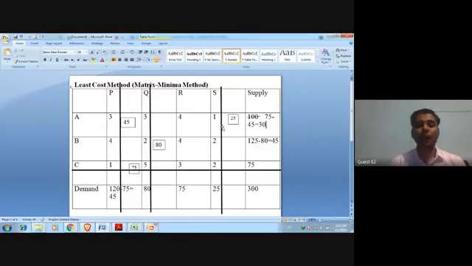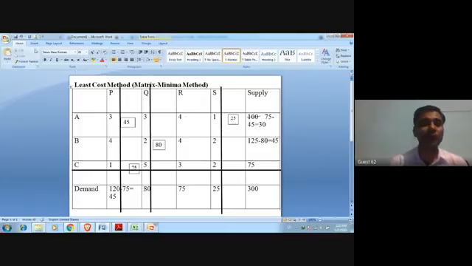Now, let us check how many cells are left now. These two, which have warehouse R, 4 and 4. So in this 4, factory A can supply only 30 units. But the demand for warehouse R is 75 units and factory B can supply only 45 units. But the demand of R is 75 units. So between all these, which one is minimum? This is 30. This 30 is minimum.